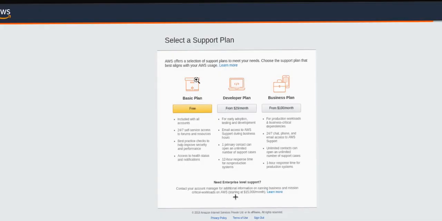And in the next step, you have to choose your basic plan as the free plan. Just click free plan, and you can see here the developer as well as business plan. It is costly. It is used by organizations or companies. So you can go with the basic free plan. It is nothing but free for 1 year. So you can go with free here.